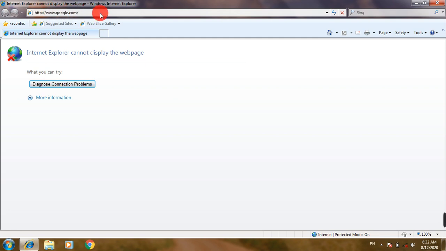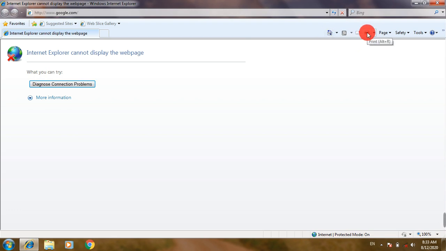Here you can see this is the title bar. Below this box is your address bar, where you have to type the website address to access it, and here you can see this is your refresh button. The refresh button is used to reload the website, and this is your stop button to cancel the website. This is your home button.